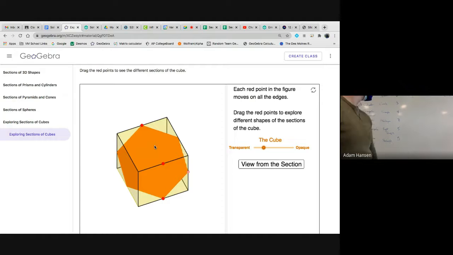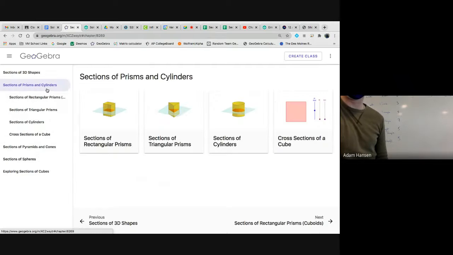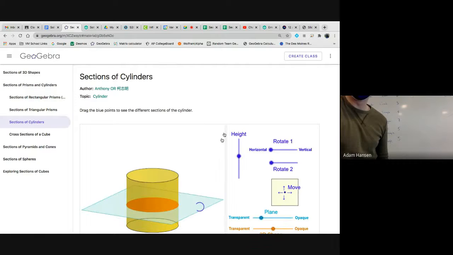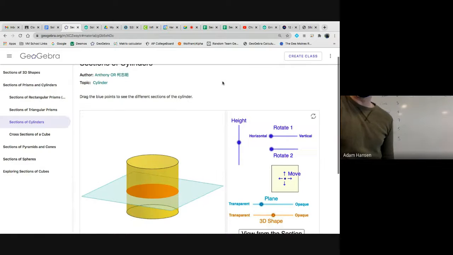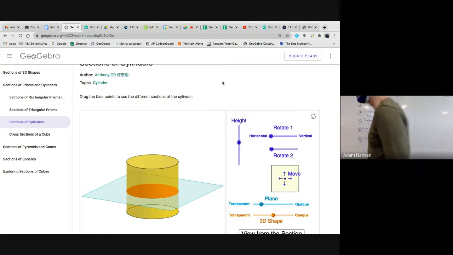What's the next row? We're looking at a cylinder next. So I'm going to select a new shape, sections of prisms and cylinders. Within this option, I could do a rectangular prism, a triangular prism, or a cylinder. Let's look at the cylinder here. Look at this cylinder up on the screen. You could pull up the same one on your own laptop by selecting sections of prisms and cylinders and finding the sections of